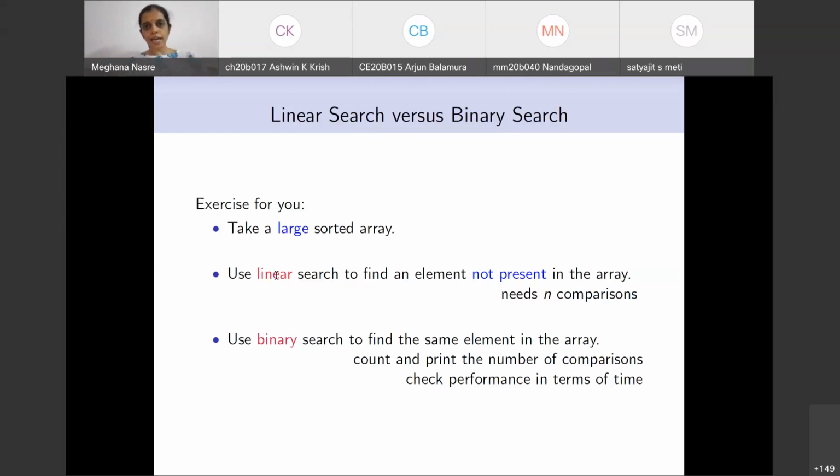So just do a scanf for a large value of n and ask for a key which you are going to scan, which is not present in that. So if you have elements from 1 to n, just ask for a key which is n plus 1 or n plus 2, whatever. It won't be found. And so that you need to find out how many maximum comparisons linear search does versus binary search does.